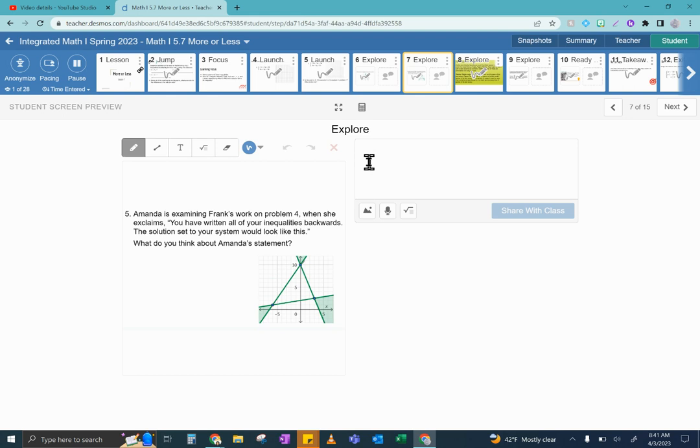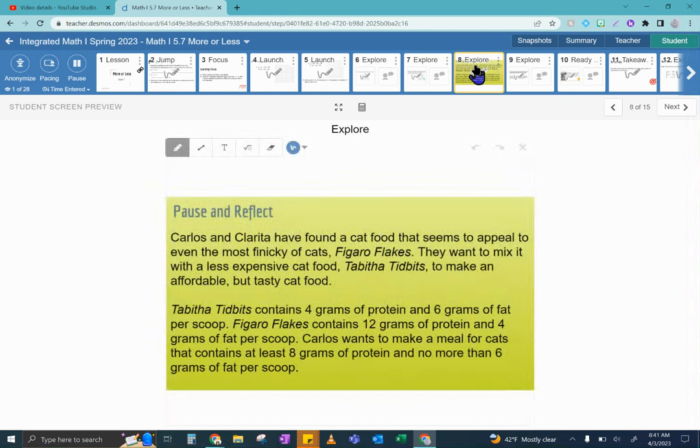Okay, so I'm leaving this one for you. Again, this is one of those ones where if you want to explain something else during your exit ticket, this could be your exit ticket. Okay. All right. So this one is the problem that I'm going to leave you to do on your own,